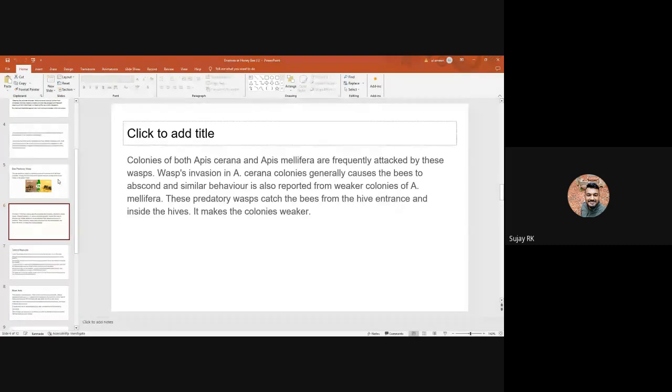ये कैसे, मतलब बी हाइव का जो एंट्रेंस होता है, उसमें जब बी अंदर जाने की कोशिश करती है, उस समय बी को पकड़ के खा जाएगा या नहीं तो उसको अफेक्ट करेगा। इसी तरह से ये बी को अफेक्ट करता है। अगर बी मर गई तो हनी का प्रोडक्शन ऐसा कुछ नहीं हो सकता है। नेक्स्ट,